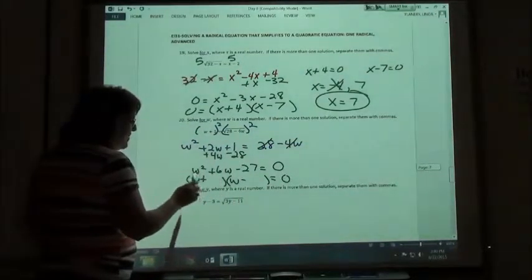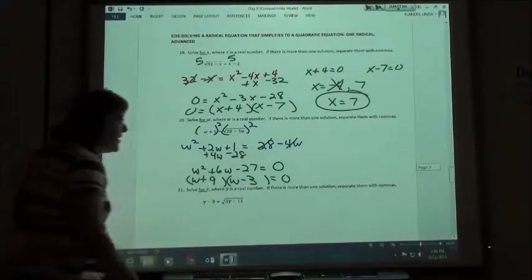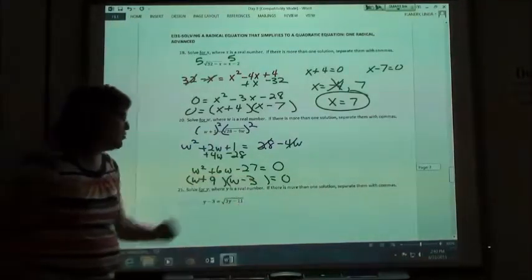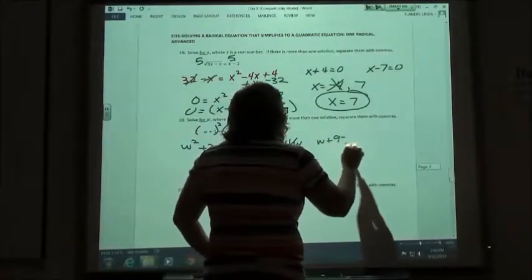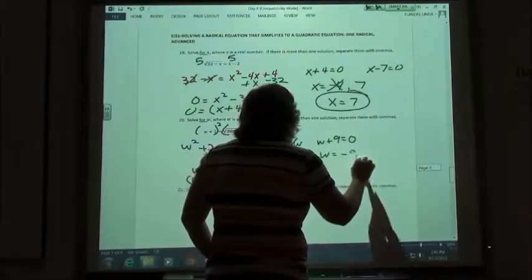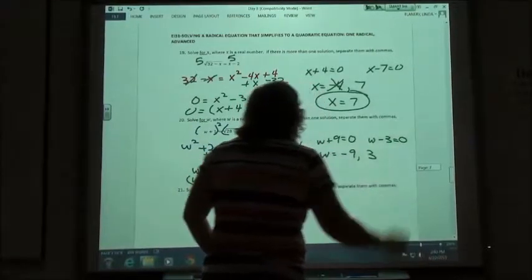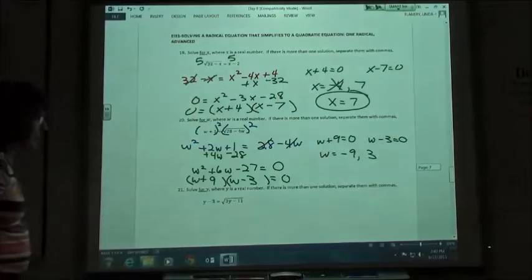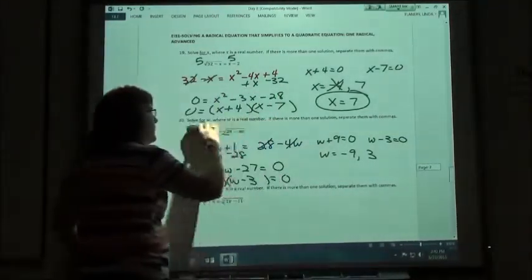So a positive times a negative is a negative. 9 times 3 is 27. Positive 9 minus 3 gives me plus 6. So if w plus 9 equals 0, I'm going to get a negative 9 answer. If w minus 3 equals 0, I get a positive 3 answer. And again, if I check these,